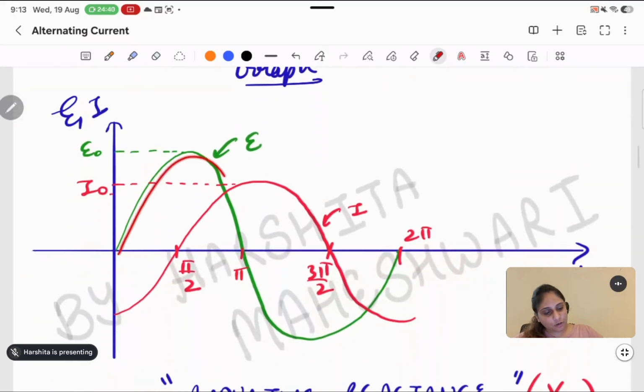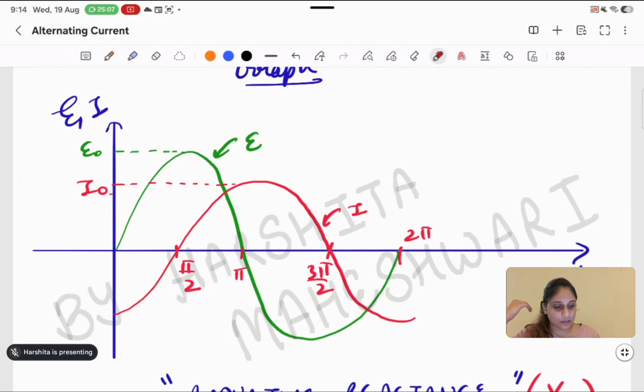Again, the graph we have. If my EMF is a normal graph, always make the EMF a normal thing and then compare the value of current, either in the graph or in the phasor. Now the I value will be backed up by 90 degrees. So wherever this was coming, now current will be coming just 90 degrees back of that. And we are making it a little smaller value. This is not a universal thing that the I value you have to always make smaller. It's just our assumption that we use in all the experiments.